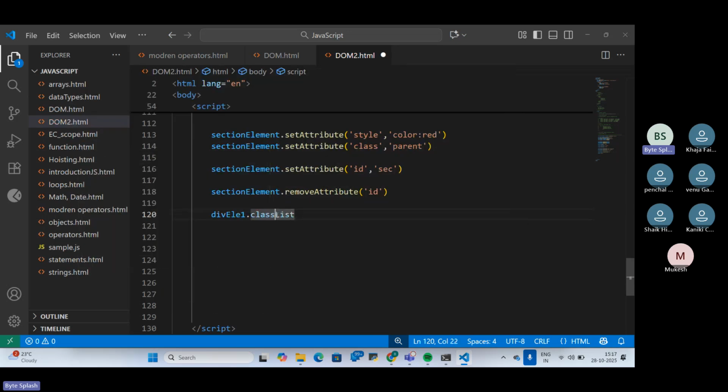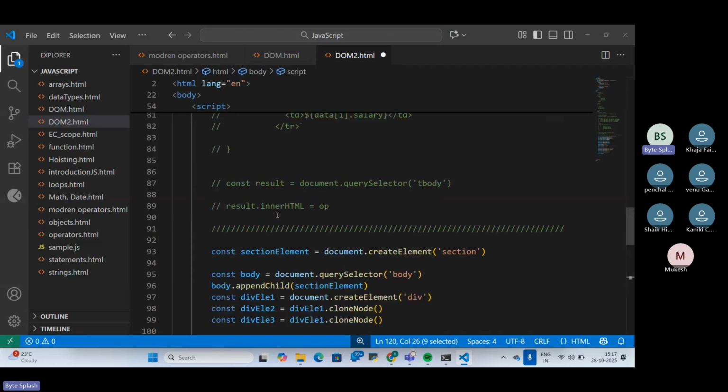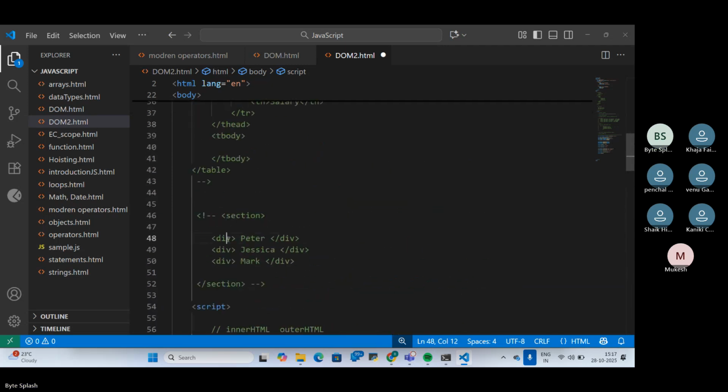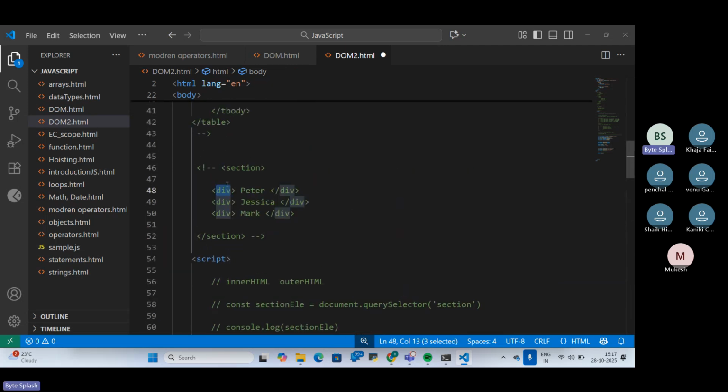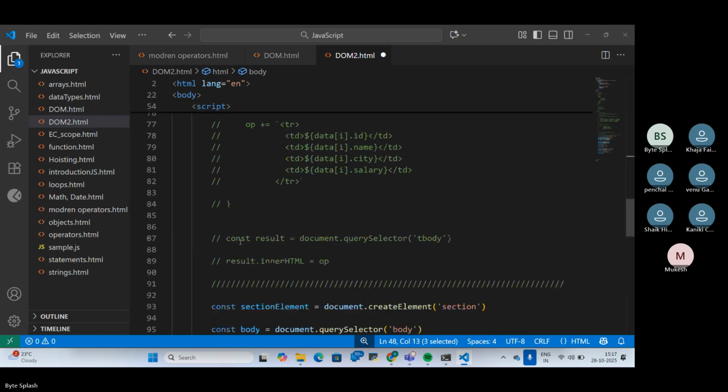Okay, so class list means, if this class is already available on that element, the div element, whatever class name. So whatever is for attributes, you add as an attribute. But this class list